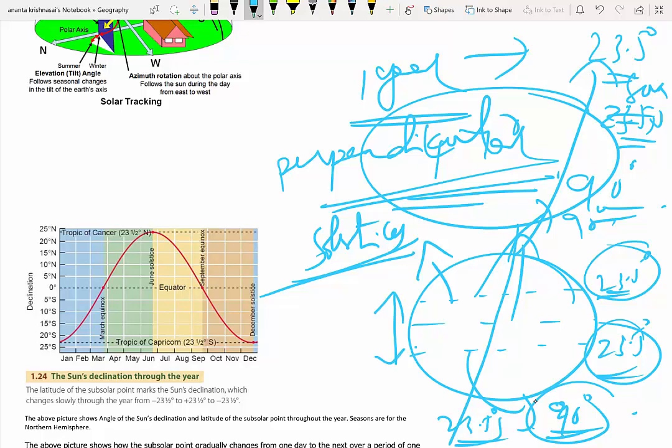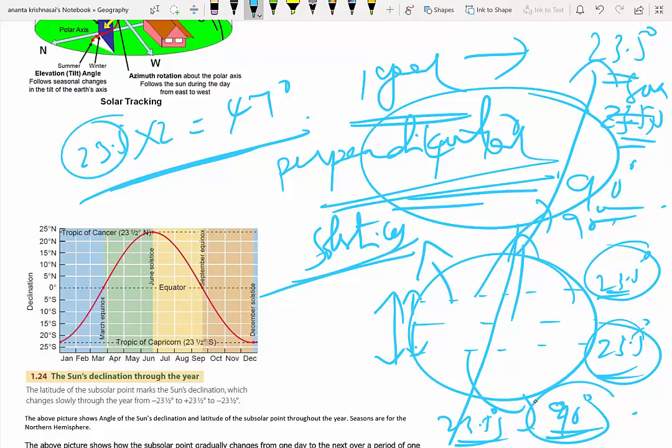And hence, if I take into consideration, this is the possibility. So the maximum solar altitude in terms of its variation has to occur what? From 23.5 north to 23.5 south as an angle that has to be considered, and hence it has to be 23.5 into 2 equal to 47 degrees. That means whatever the earth's tilt that you have in terms of 23.5 degrees, it is this 23.5 degrees north and 23.5 degrees south which forms the boundary for the solar insolation to occur perpendicular onto the surface of the earth. So based on this concept, we have to understand that